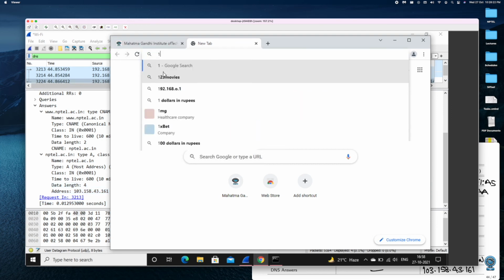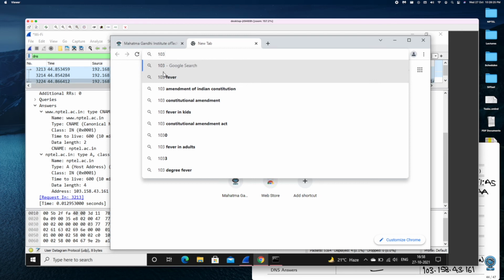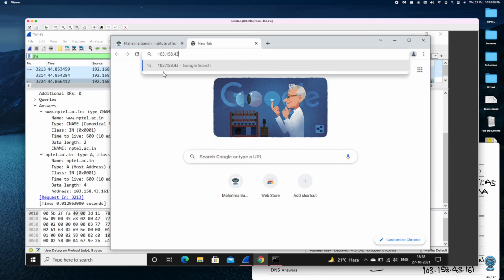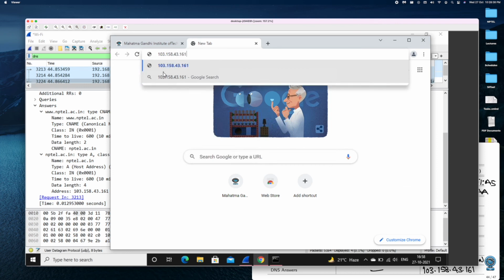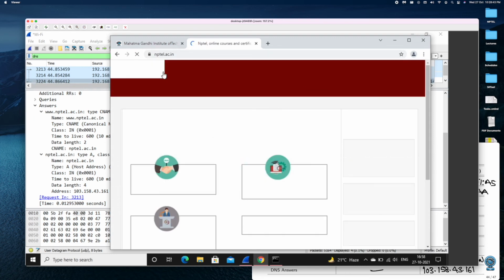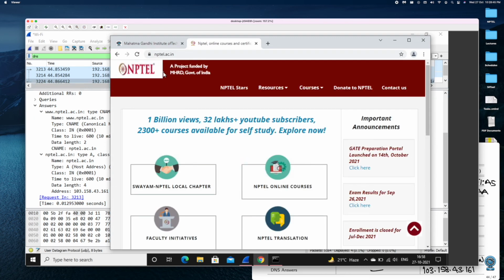Let's type the IP address 103, dot, in fact, to be on the safe side, let's type 103.158.43.161, and if everything goes okay, now you can see it has gone to the NPTEL site and it has got the NPTEL site for us. So the IP is the correct IP that we have got from the DNS client.